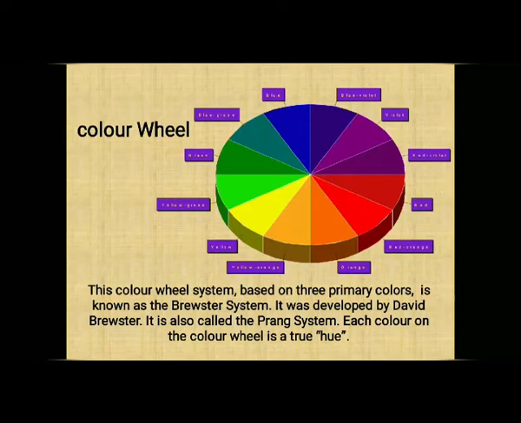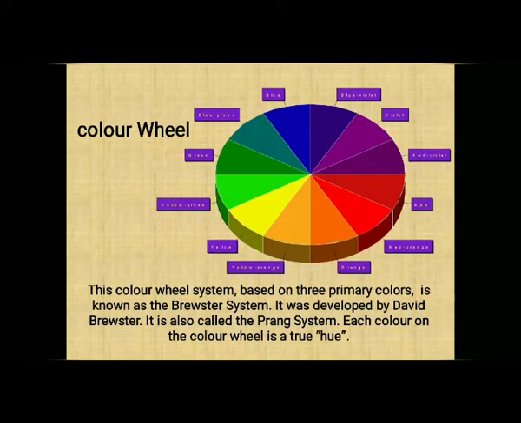If you mix red with yellow, you can get various other colors such as yellow orange, orange, and red orange. If you mix yellow with blue, you get green, dark green, light green, and bluish green. The original colors are called hue. Red is an original color, called hue. Yellow is an original color, called hue. Blue is an original color, called hue. Any original color is called hue.